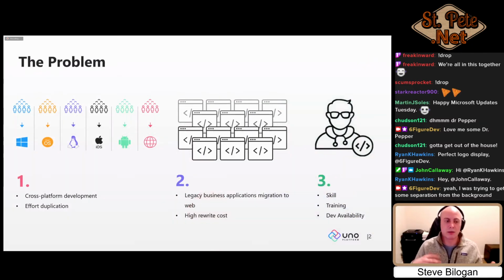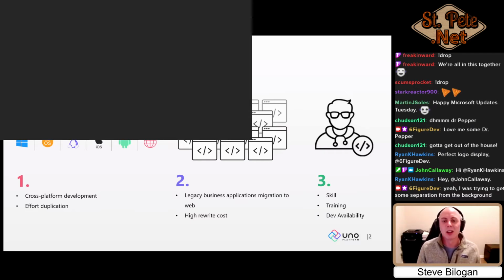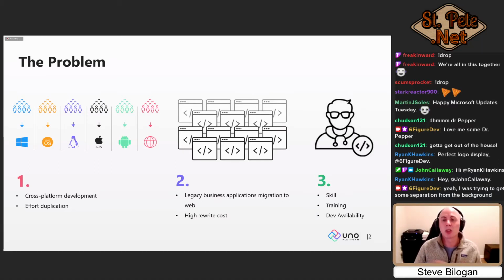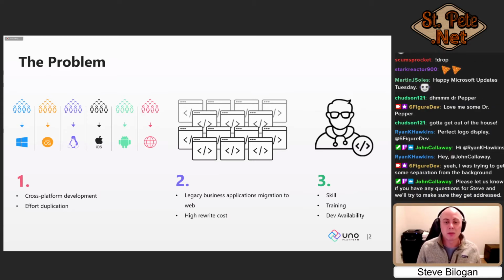First, I'll start with this. I'm sure for any cross-platform presentation, you've seen something similar about the problem and the solution. The problem that we're trying to tackle is when a project can stretch across multiple platforms. And the problems are there's a potential for effort duplication,